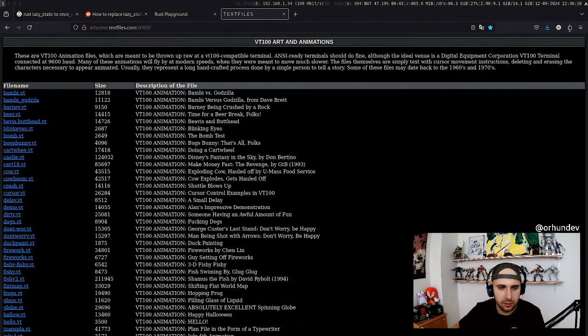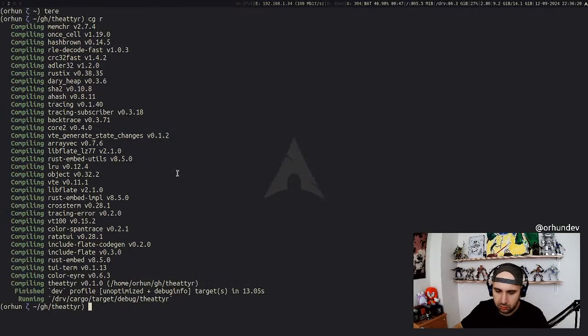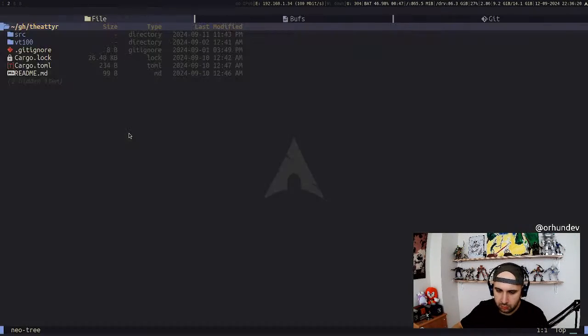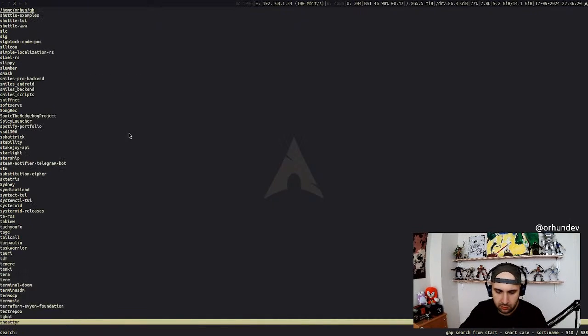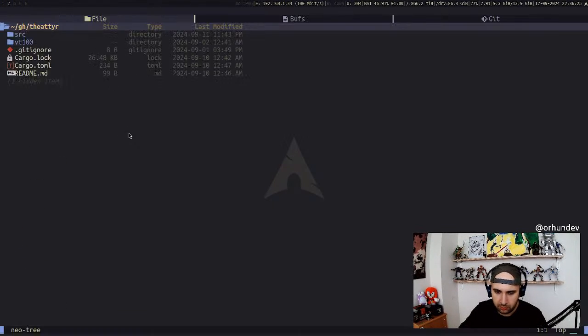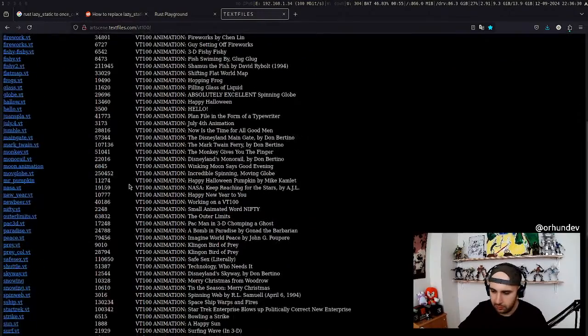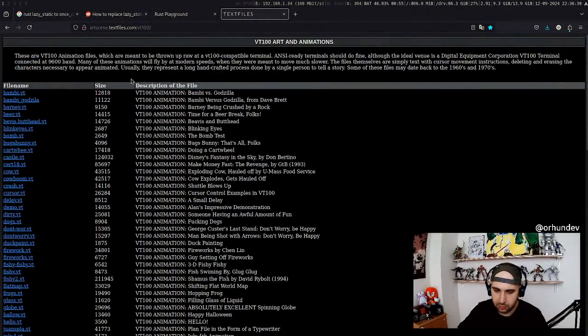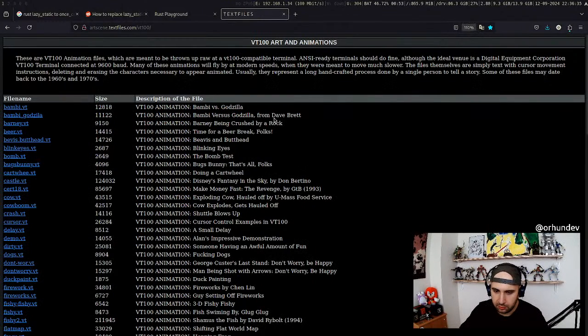There's a slight delay, but okay, it's fine. So the reason why I have this tab open is because I wanted to render the name of the animation on the TUI somewhere. I actually didn't implement this yet, but my idea is to have these descriptions hard-coded in the TUI, and to do that